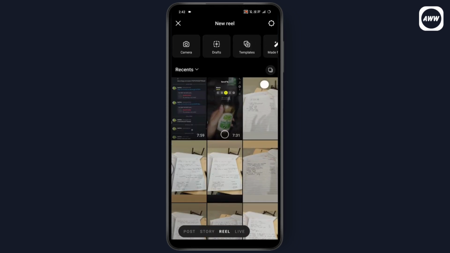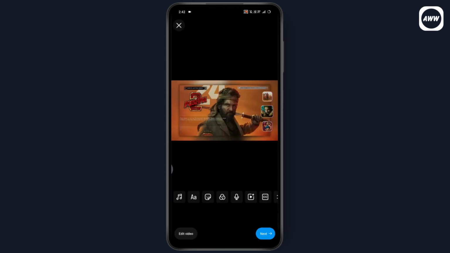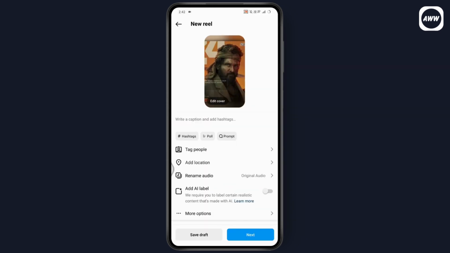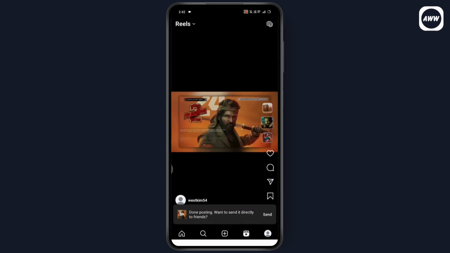You just need to simply select your landscape video, and after that you can go with edit video, which is on the bottom left, and then edit your video, add some effects or anything like that, music and everything, and then tap on next again, which is on the bottom right. Now tap on continue again and add some captions, tag people or add location to it and everything, and then tap on next again, which is on the bottom right, and tap on share, and just wait for a few